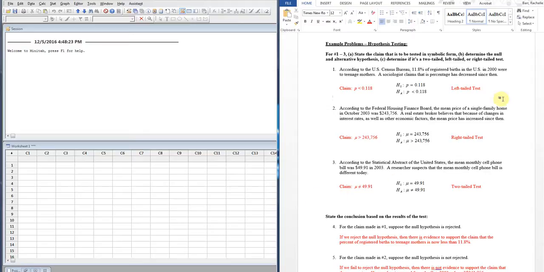Anyway, so his claim is that it's increased, so he thinks it's going to be greater. So our claim is that the mean price, this is going to be a mean test, is actually larger than the stated amount, which I'm not going to read out loud again. So there's our research hypothesis, aka our alternative, and then our null is always a statement about equality because that we can actually build a distribution on. And since we're looking at things greater, or to the right of that number in particular, we are doing a right-tailed test. Okay, according to the Statistical Abstract of the United States, the mean monthly cell phone bill was $49.91